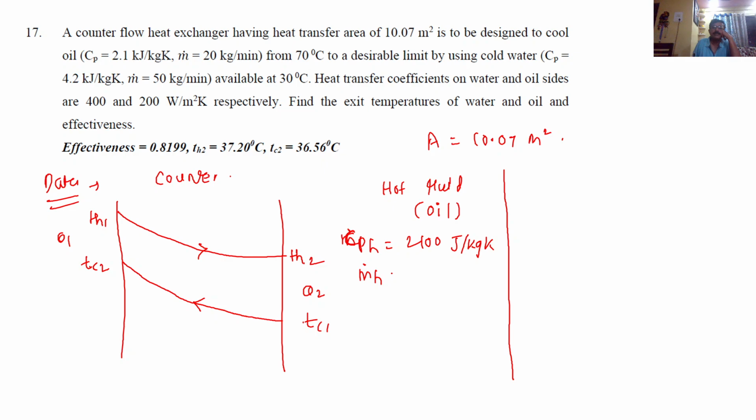M dot of oil, oil is the hot fluid, so m dot H is 20 kg per minute. So 20 divided by 60, it becomes 0.3333 kg per second. From 70 degrees Celsius, so TH1 is equal to 70 degrees Celsius, to a desirable limit